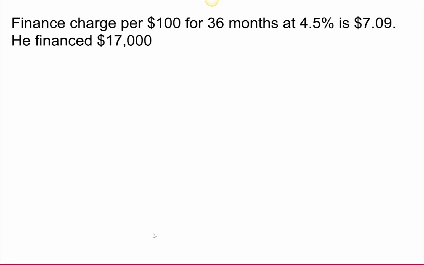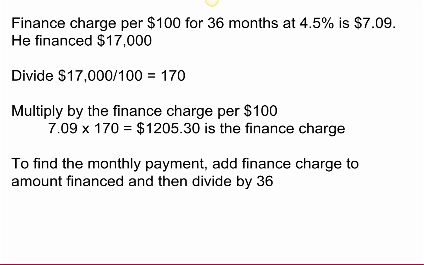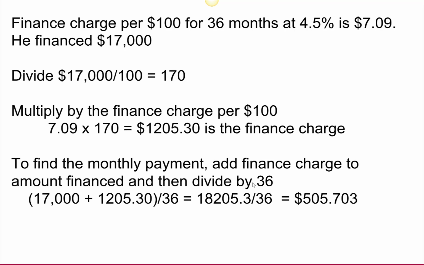And he's financing $17,000, so if I take $17,000 and divide by 100, there's 170 $100 increments in his loan. I'm going to multiply that by the finance charge. So his total finance charge is $1,205.30. To find the monthly payment, what you're going to do is add that finance charge to the amount borrowed,